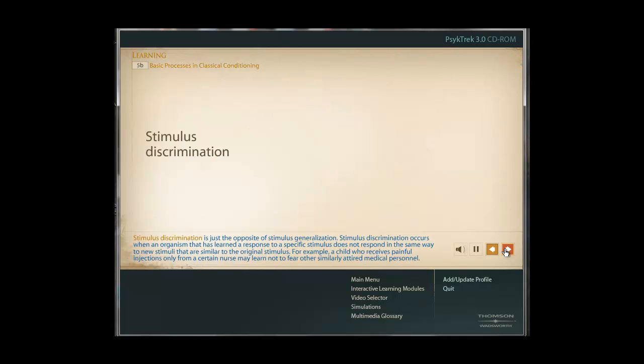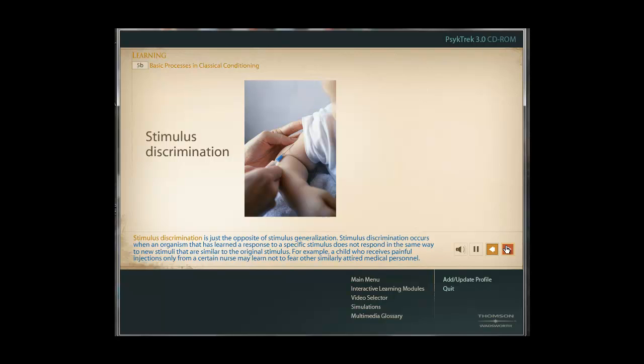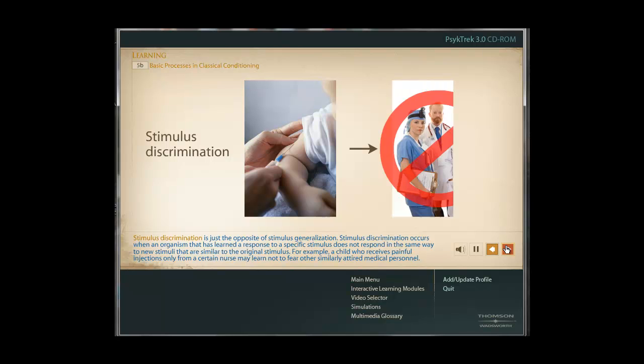Stimulus discrimination is just the opposite of stimulus generalization. Stimulus discrimination occurs when an organism that has learned a response to a specific stimulus does not respond in the same way to new stimuli that are similar to the original stimulus. For example, a child who receives painful injections only from a certain nurse may learn not to fear other similarly